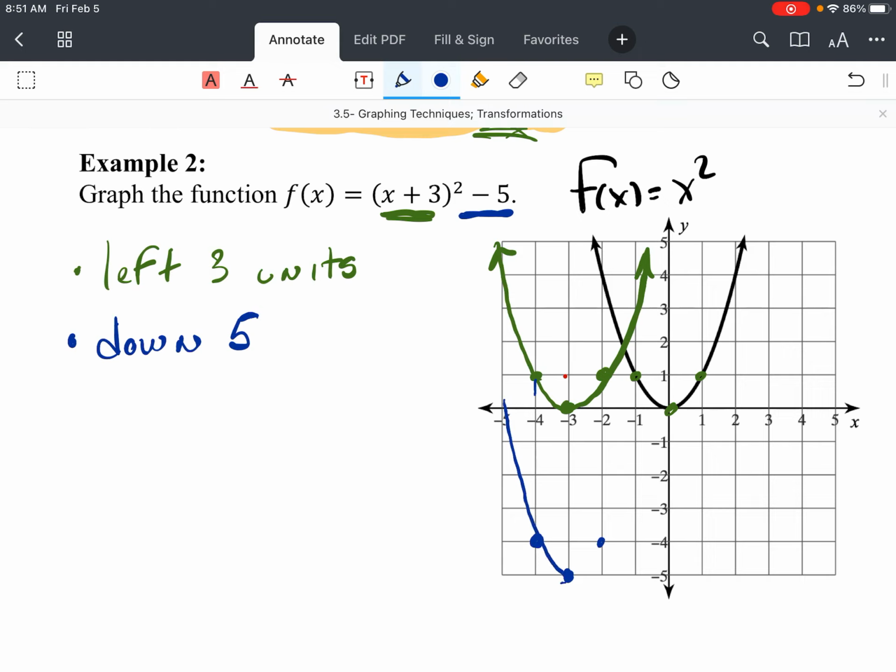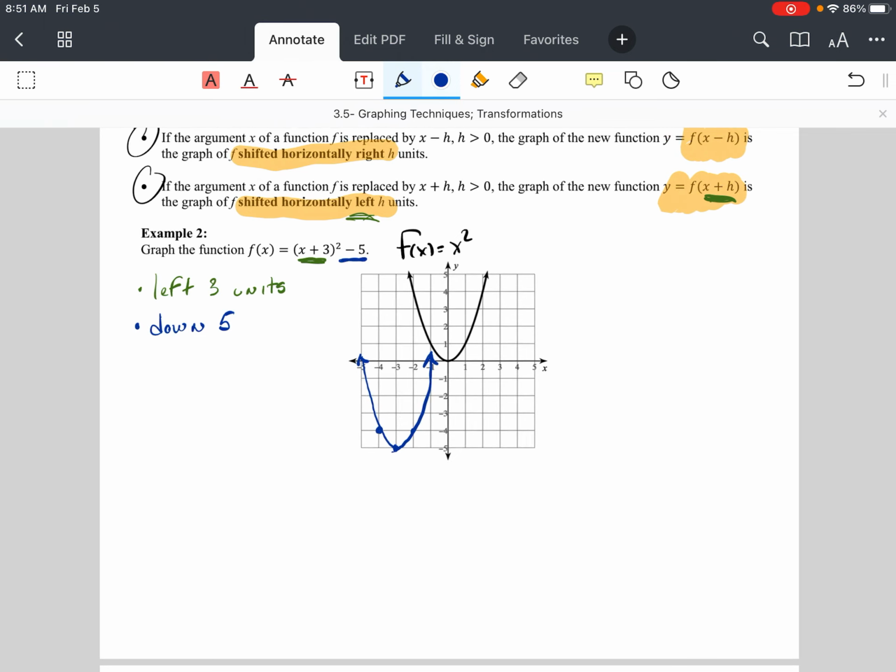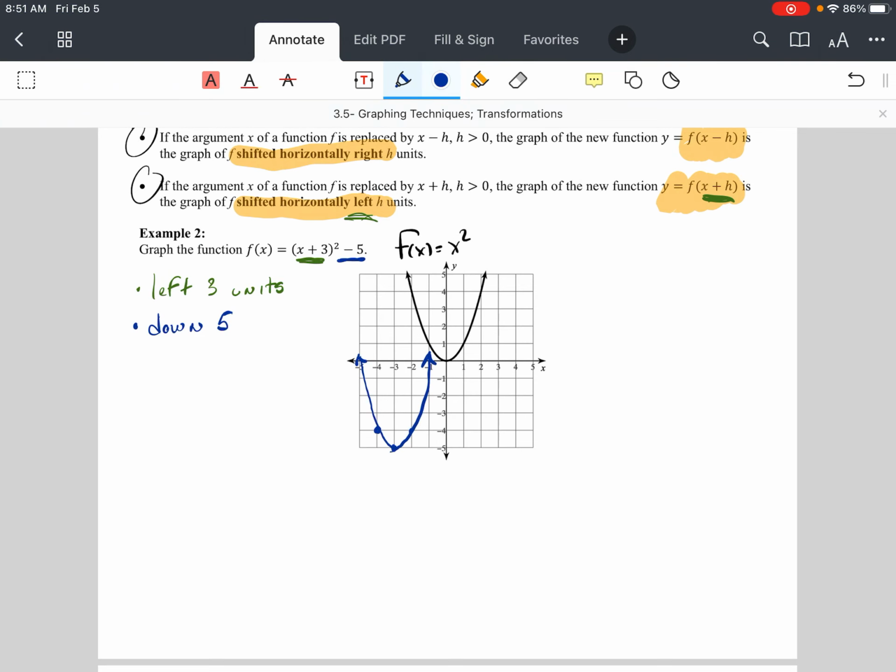So I've got a point here, a point here, and a point here. Again, I'm just going to trace through these graphs. And there we have it. If I erase this intermittent step, we have our new function. Each of these points needed to be shifted to the left 3 and down 5, and that's all we're doing there. All right, so this